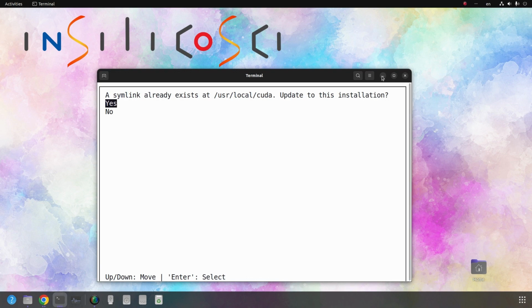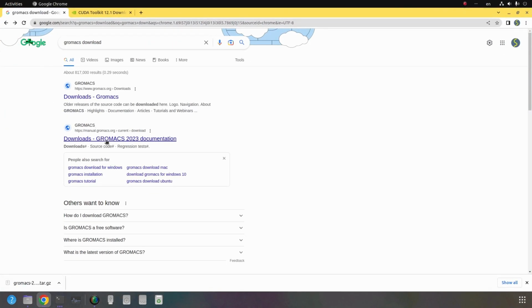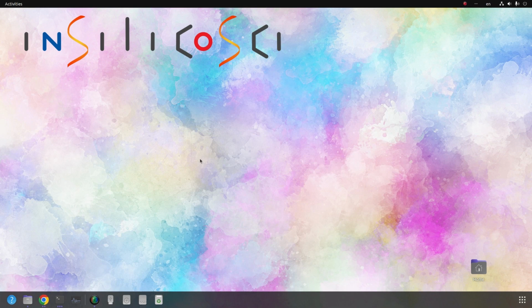Okay, now let's download the GROMACS source code from its website. And here I click on this link. Okay, after downloading the source code file, you need to extract the file somewhere in your computer.